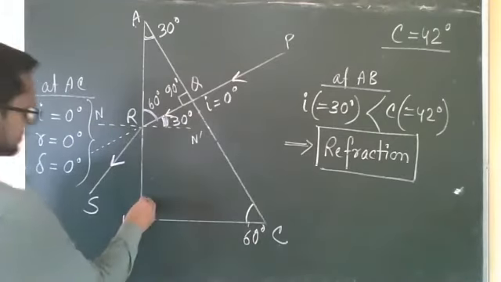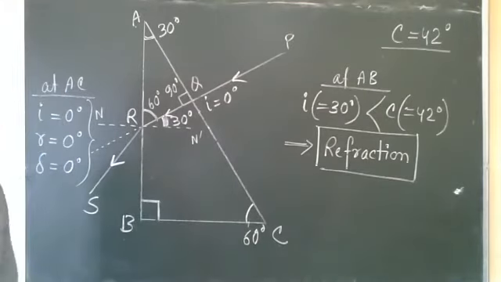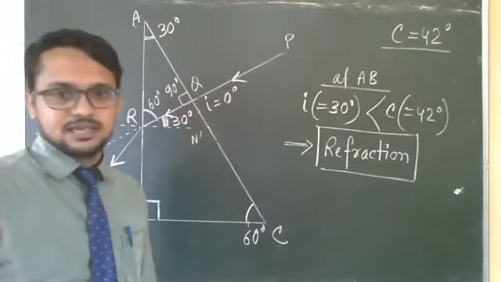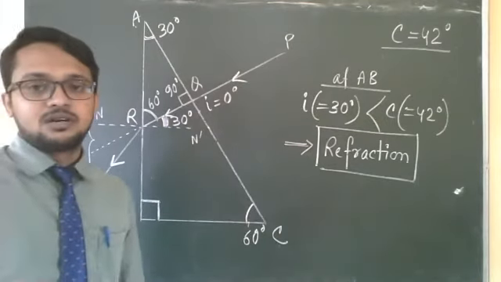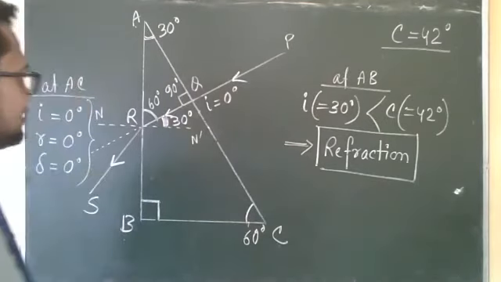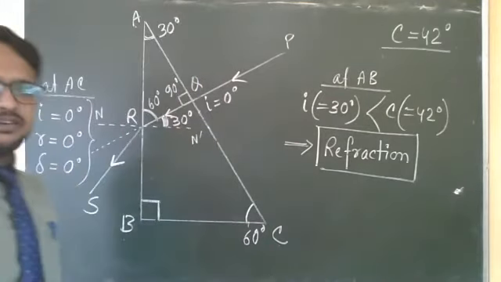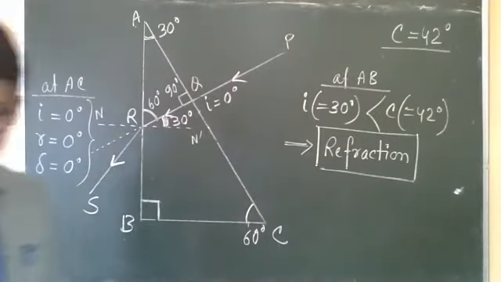Third one, all are there in your book. I am just showing and telling how to do. These are a few different types of questions. What is the angle of incidence at surface AB? Angle of incidence is 30 degree. Angle of refraction we cannot calculate now because we have to use the formula mu equals sin i by sin r, and mu is not given here. We will not calculate, and you will not get that type of question.